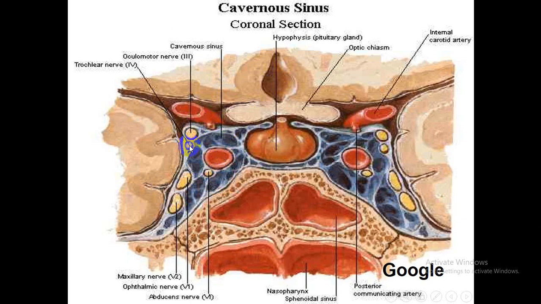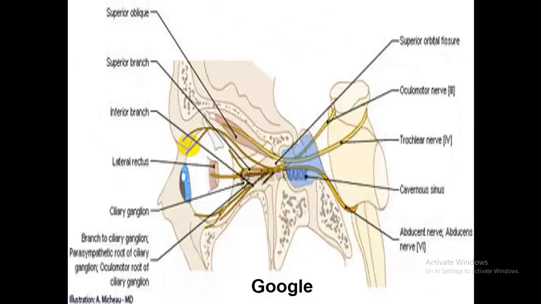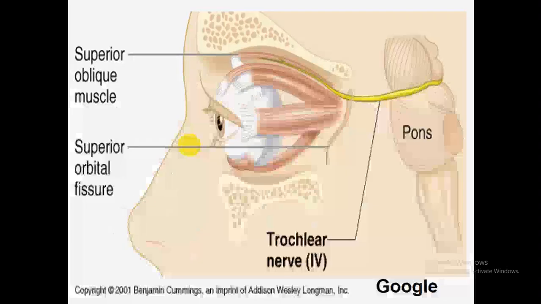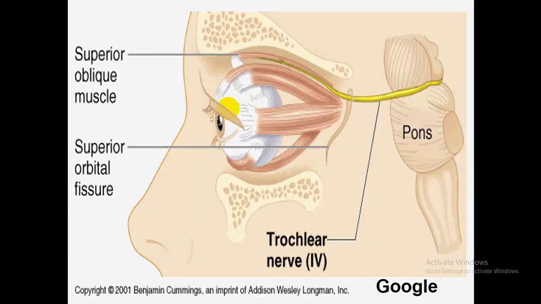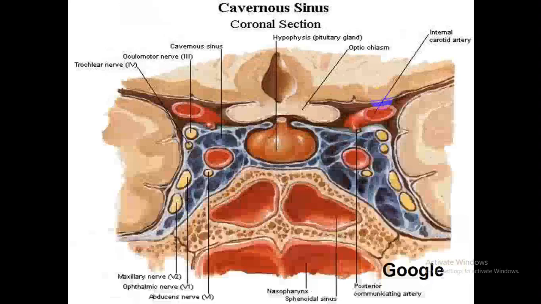The trochlear nerve, I repeat, is the only nerve which arises from the dorsal surface of the brainstem just inferior to the midbrain. It passes in the lateral wall of the cavernous sinus inferior to the oculomotor